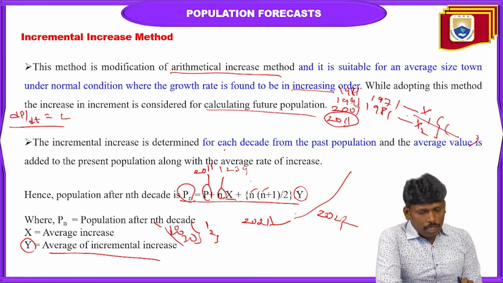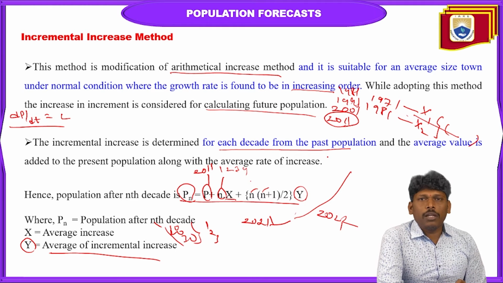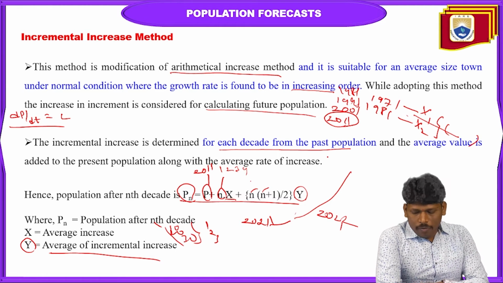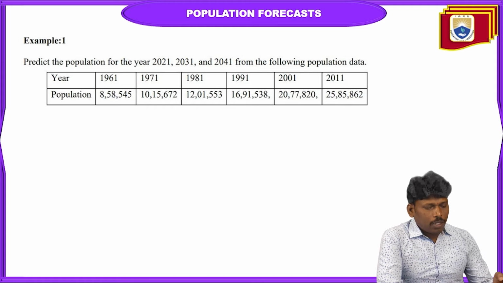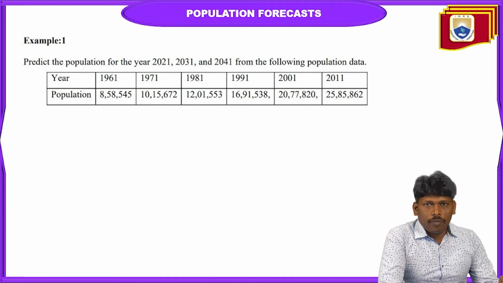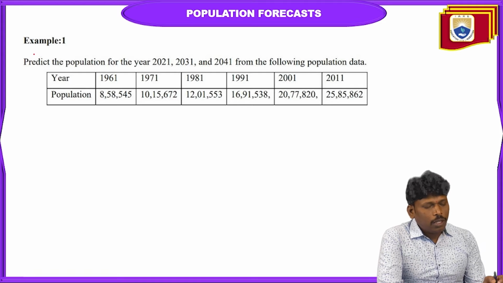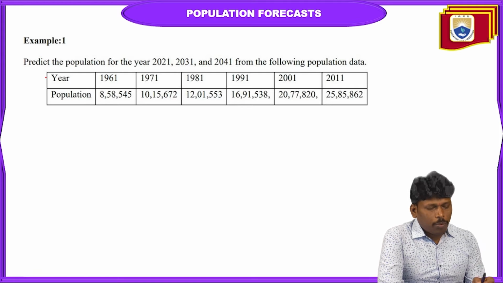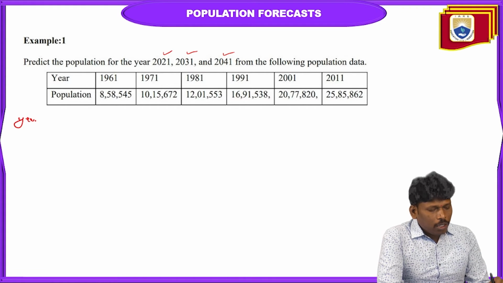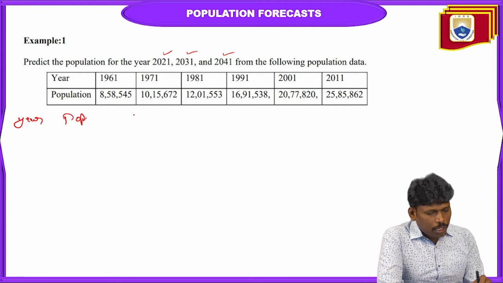So that's why each decay from the past population needs to be calculated. Then we'll take one problem on this, the similar problem which I considered for the last two examples. Here we need to predict the population for 2021, 2031 and 2041. With this data, if you write year and population, and as well as increase,